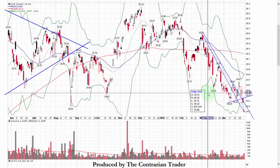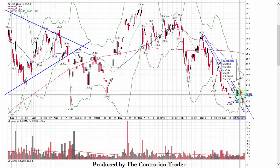GDP, which they expected to come in at 3% going into the year for 2016. The first quarter was 0.5%? Good luck making up the spread between 0.5% and 3% between now and the end of 2016. That's not going to happen. So the world is finally waking up to the fact that the U.S. economy is doing very, very poorly,